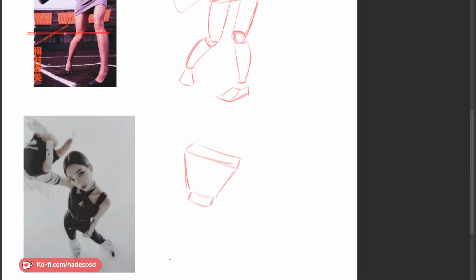So again, I'm just trying to keep in mind that things are tapering downwards, or there's a vanishing point somewhere off the page. It's pretty tough.